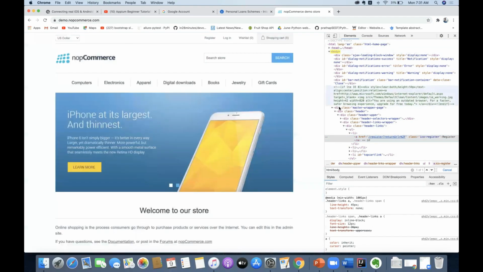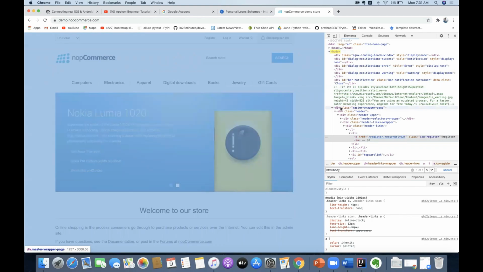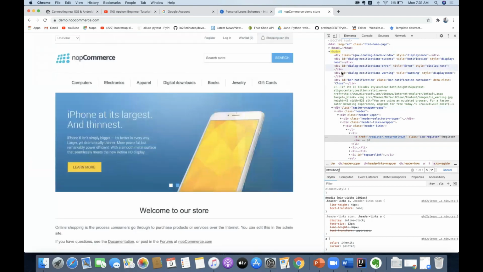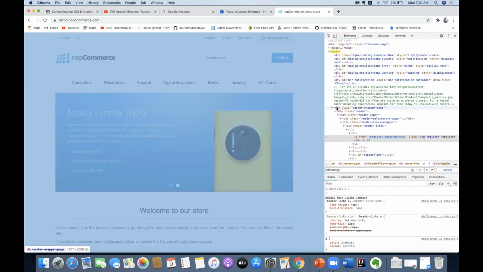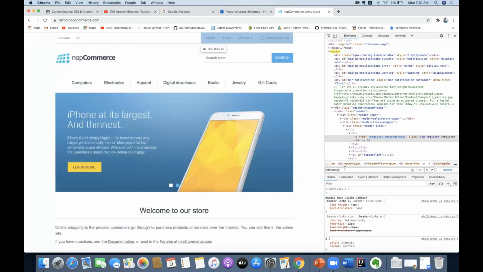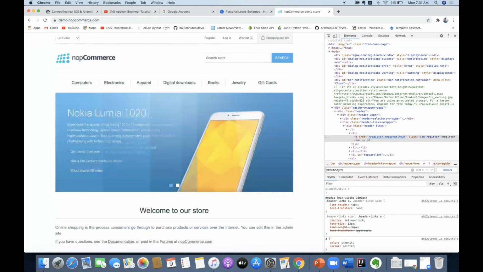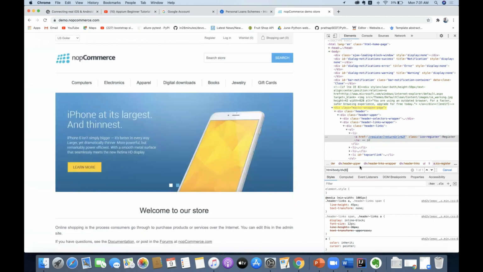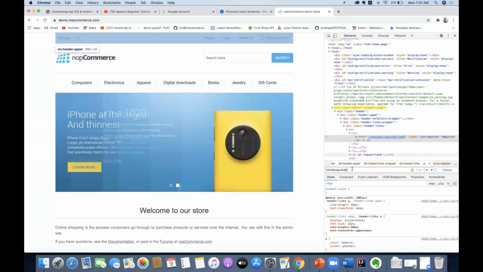My element is available in a particular division. So let's count the position of this division: 1, 2, 3, 4, 5, and 6. Yes, my element is available in my sixth division. So forward slash div[6]. Now see, the element is identified with my sixth division.